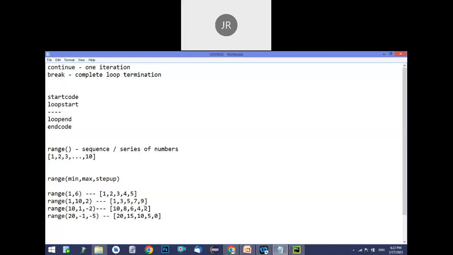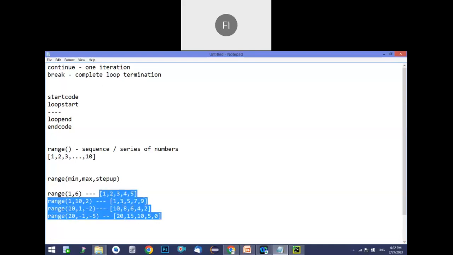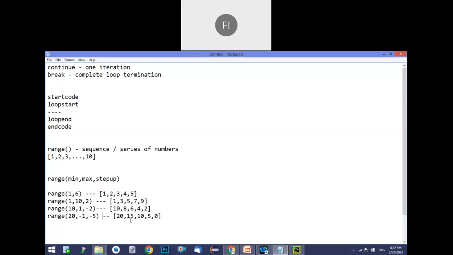Like that, whenever you require any set of range of values, like this series, you can use this range function in Python. That is the usage of the range function. So I hope you understand. Range can be used in incremental way as well as decremental way. Got it, everybody? Yes, sir.